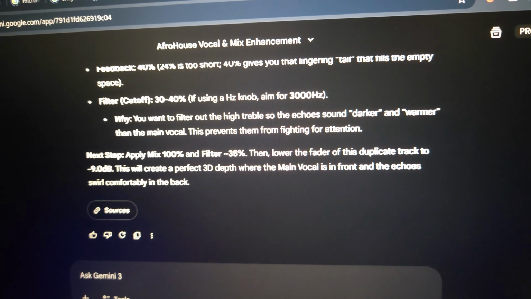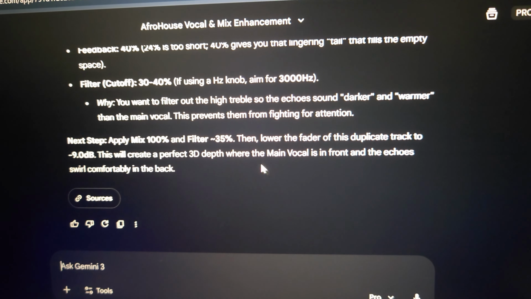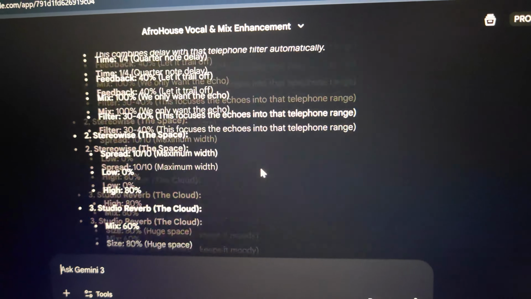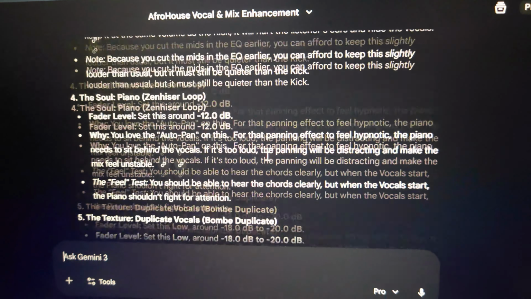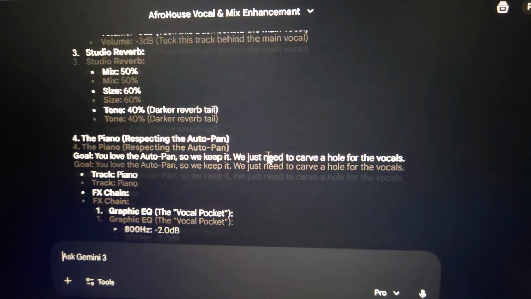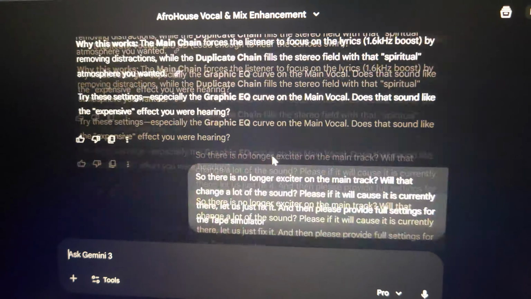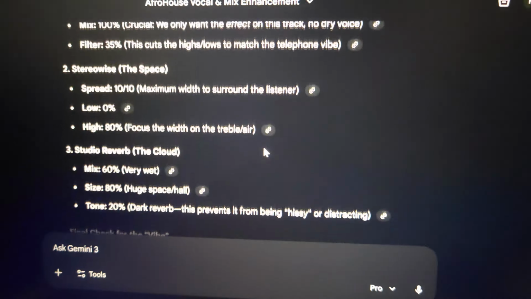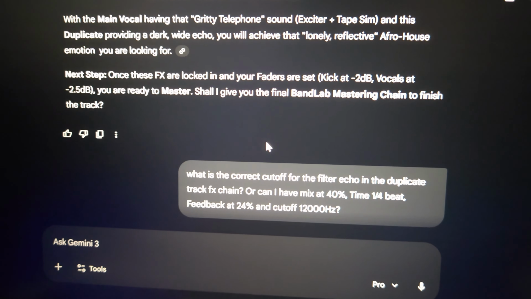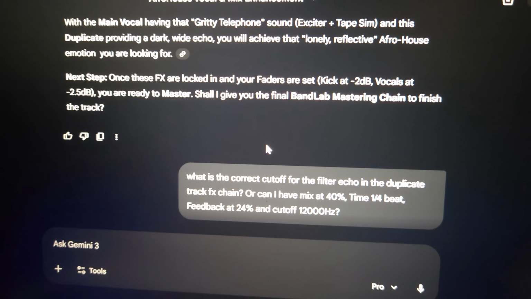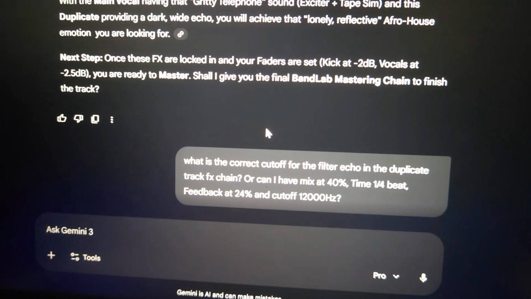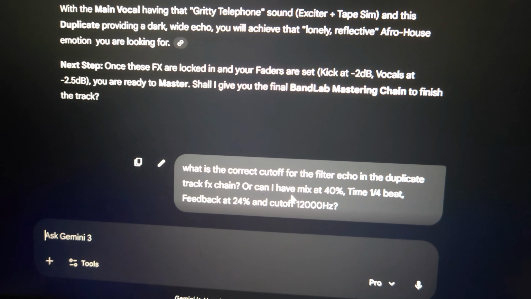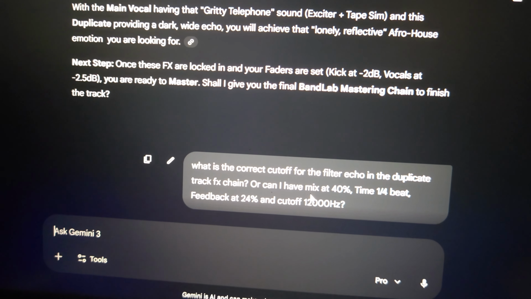So I'm done. I think I'm basically done, but basically it's a full-on chat conversation with the LLMs, and you also have to really be keen and check, because your ears are your best friend. You have to check if it's really meeting what you want it to sound like. So you see, even here, it was sounding nice when I had